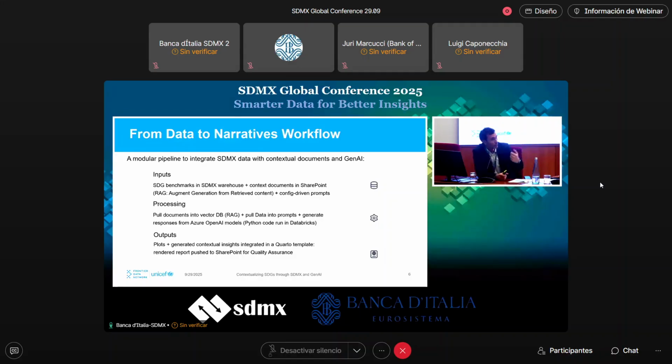It will pull documents from this SharePoint folder to build the vector database to perform the RAG. It will pull data from the data flow in SDMX to feed the context window where we're going to ask these questions, and use OpenAI models in Amazon Web Services, which is our provider in UNICEF. All these outputs are brought together in a library that essentially is able to render this nicely in a PDF